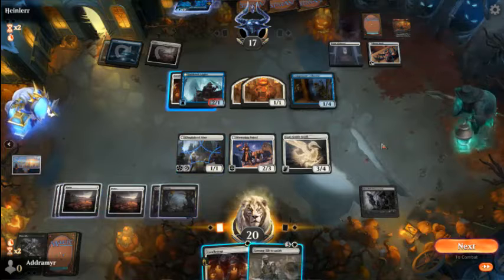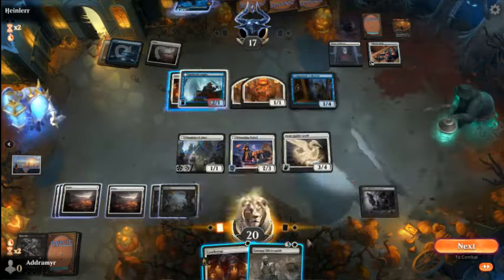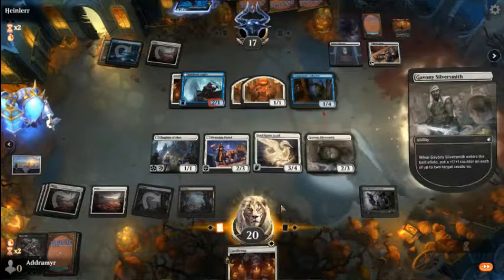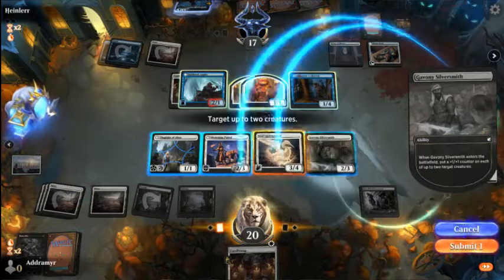Got 6 mana. No point attacking with the patrol at this point anyway. So I'm just going to drop the Silversmith in. Ooh,